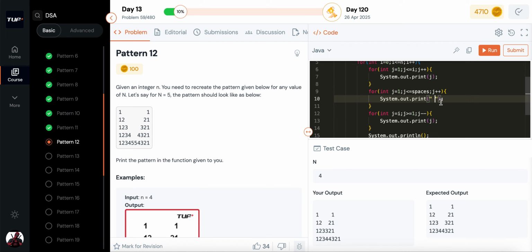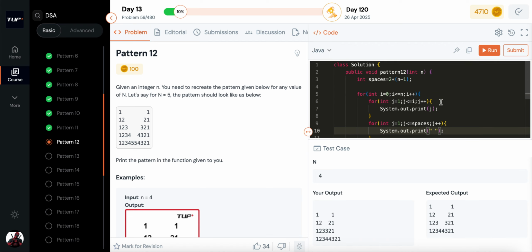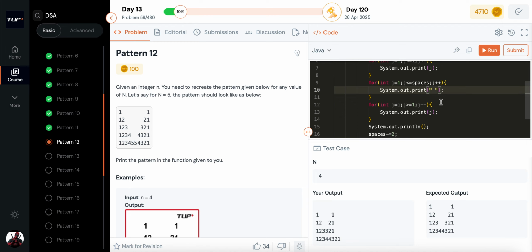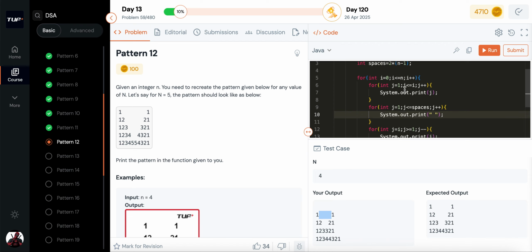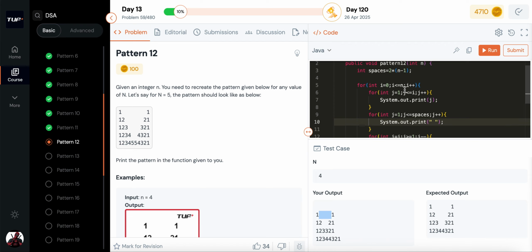I should have left some extra spaces. Should have left some extra spaces because my number printing is right, but here at the start I should have left, I should have left